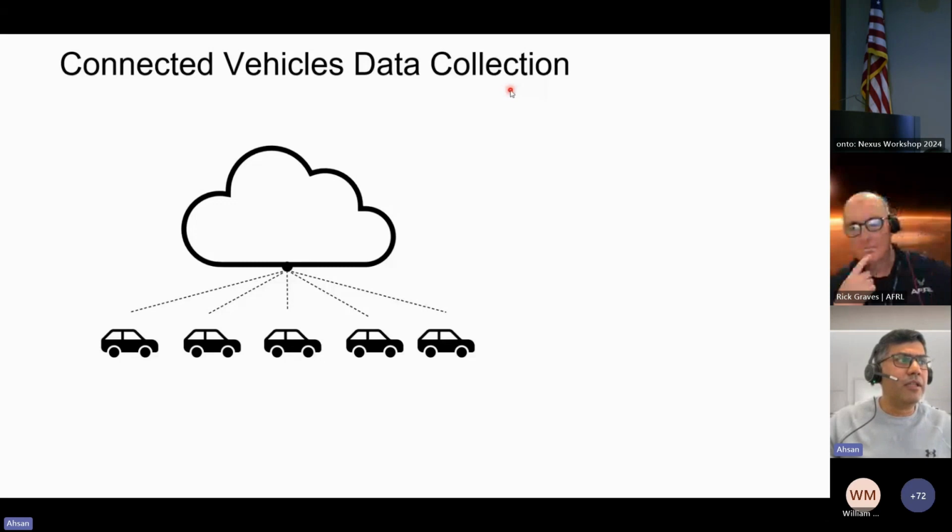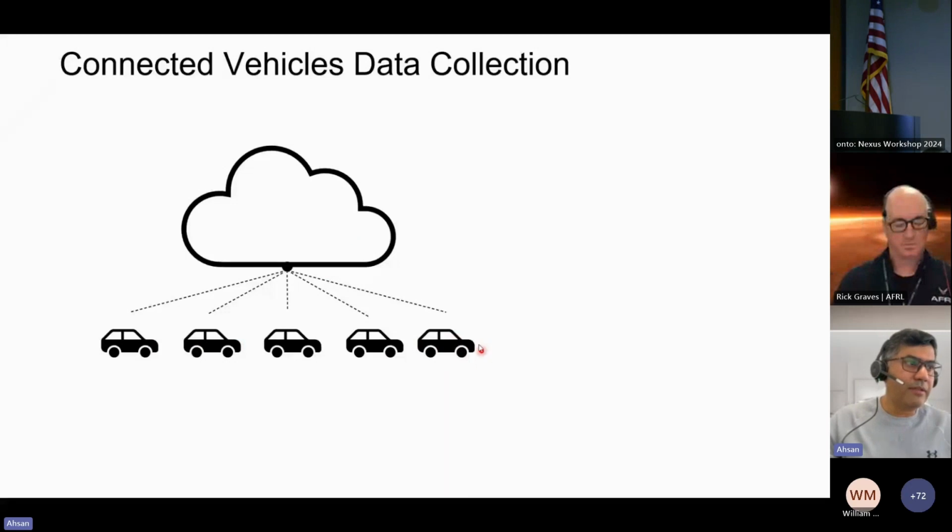So from the perspective of data collection, all of these vehicles that are in the field are agents or devices that you would want to collect data from. And the question comes, many of these vehicles are from different manufacturers, right? So if you want to have a standard way of querying devices for,